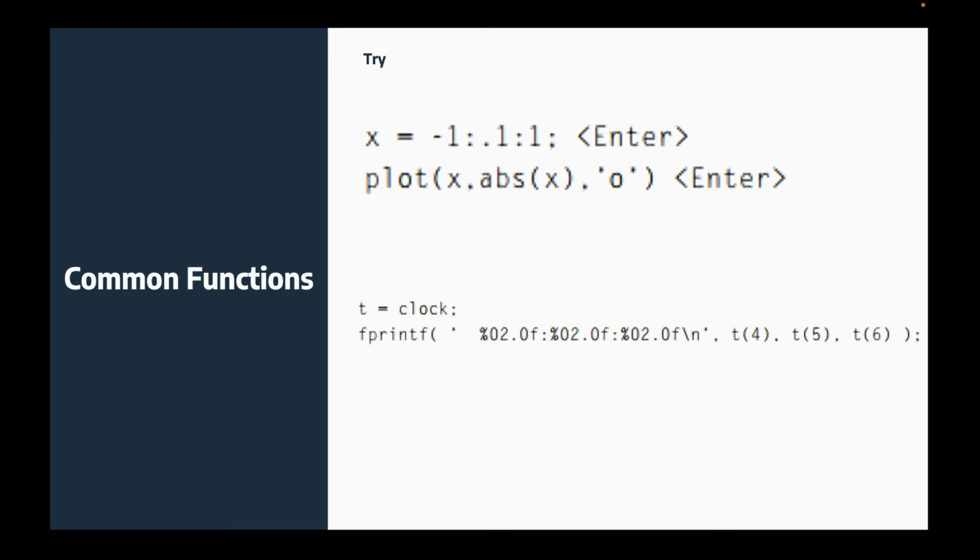Now we have a function, we know that MATLAB identifies the word clock. If you say clock in your command window, you're going to see what the time is at that exact moment. Now let's say you write t equals clock, semicolon, then you say fprintf. It's going to start to print,